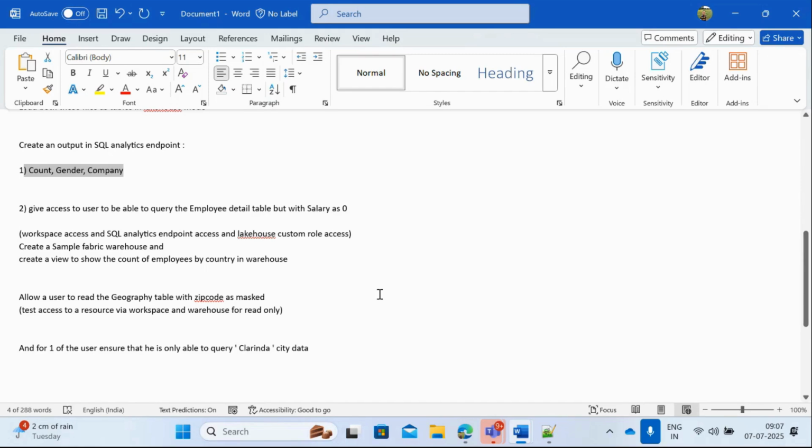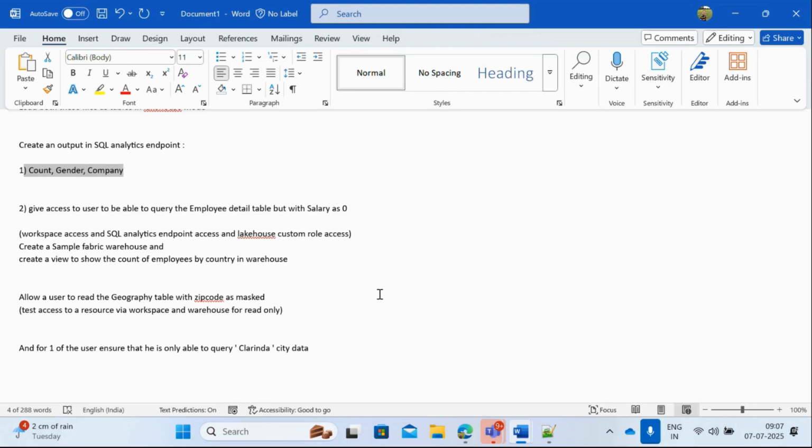So create a shortcut from lakehouse 2 to lakehouse 1 or vice versa. Correct? You could have selected any of the lakehouses as your querying point. So wherever you are querying or wherever you are creating a view, from there you need to create a shortcut to the other workspace's lakehouse. So here it was expected that you create a shortcut to the other lakehouse and then create a view, wherein